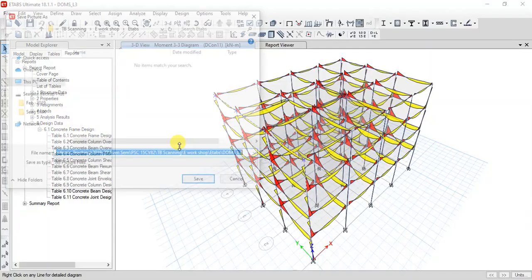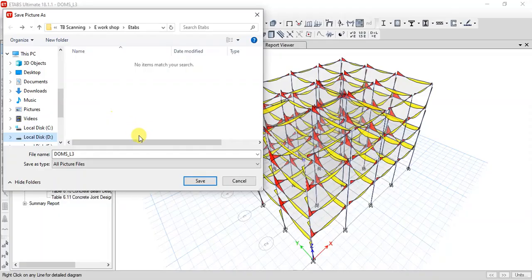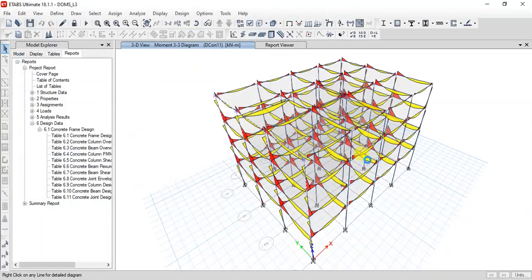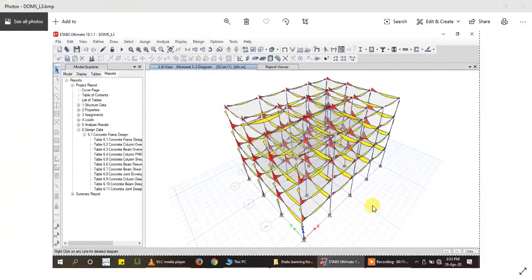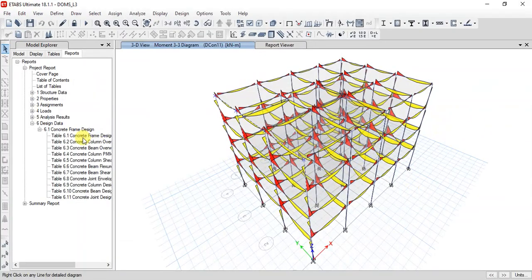So you can take a snapshot, and if you want to paste this figure into your report, that is how you can take a snapshot. You can see the picture here, which will be available here. It's taken from the screenshot, so you can use this and put it in your report. So this is the advantage of taking this screenshot.